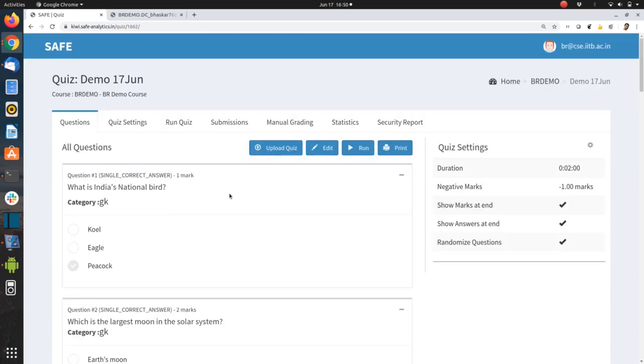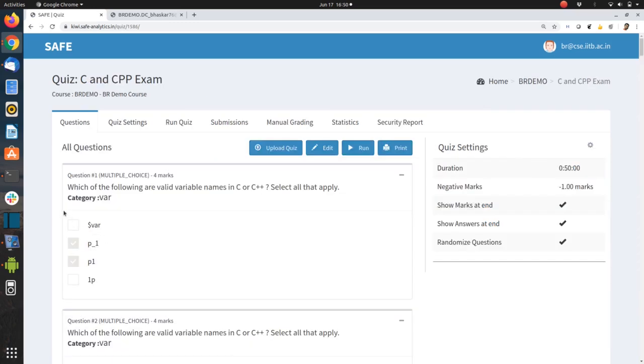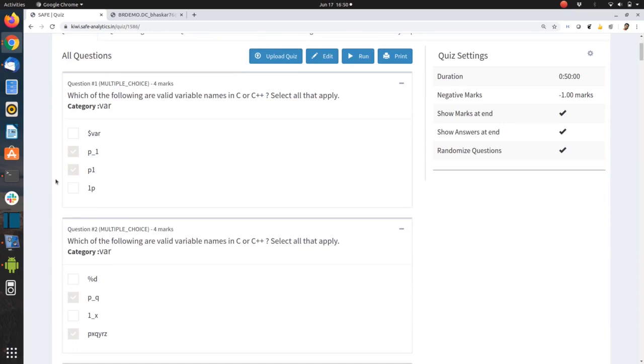So let me show you a proper example which we actually used for a real exam. So we conducted a C and C++ exam. Ignore the content of the question. Just pay attention to the category here. So you see here that this is of category var.